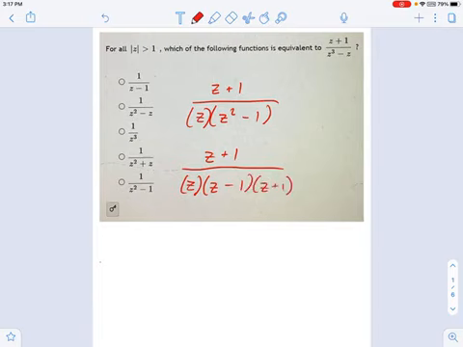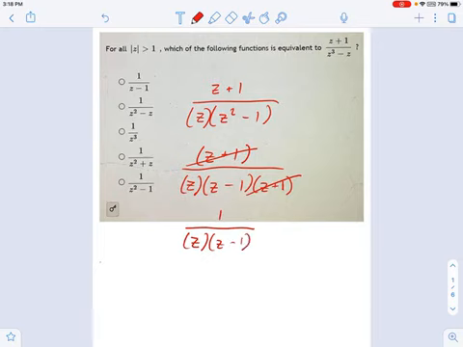As an exercise, if you're not really following how this works, I do encourage you guys to multiply this part out right here at the bottom and see if you can get the original, z cubed minus z. But now you can see that we've got this in factored form, and I have a common factor on top and bottom, this z plus 1 thing. So I'm going to cross out that whole multiplicative factor, and what's left? 1 over z times z minus 1.